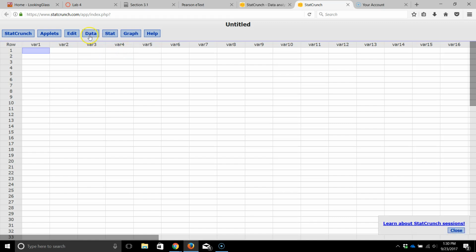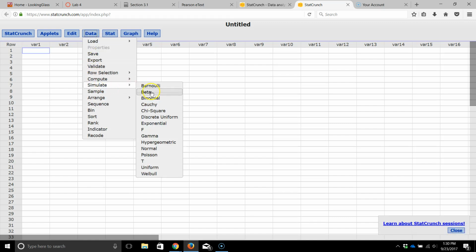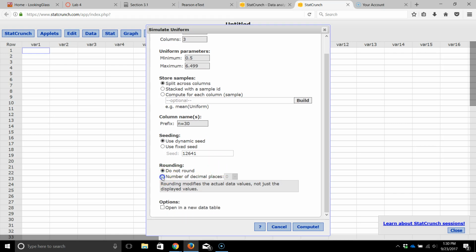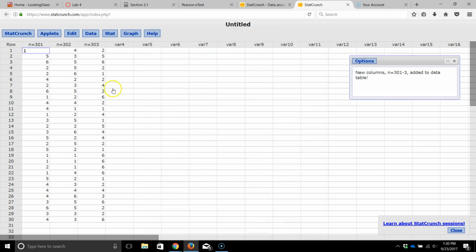We'll simulate data by clicking Data, Simulate Uniform. Rows will start with 30, and we'll form 3 columns. The minimum value will be 0.5, maximum value is 6.499. We'll move down here, giving a column name prefix of n equals 30, and then click number of decimal places 0, and compute. We get 3